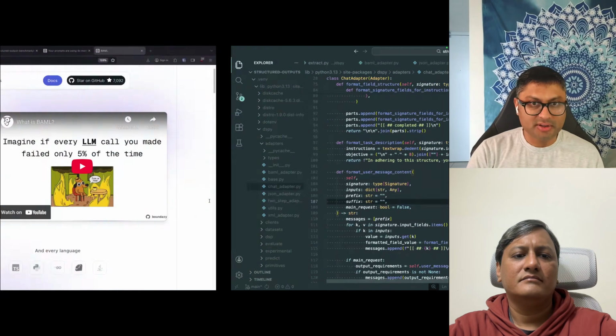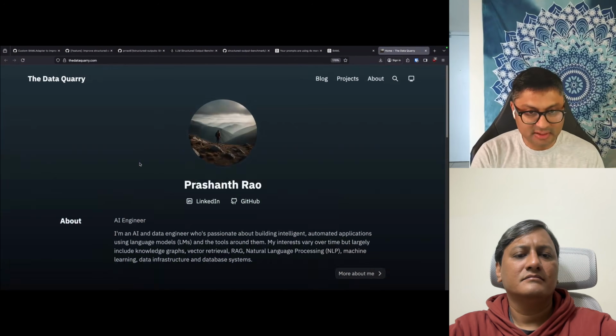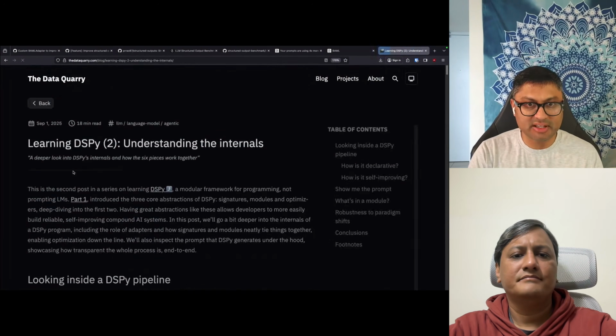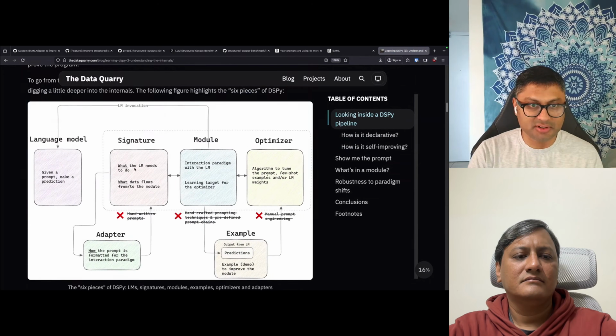If you're interested in learning more about this, I've written about this at length in my blog, specifically in part two, where I have this diagram where I talk about the different pieces of DSPy. You have the concept of signatures that depend on adapters, and the module is what uses the signature and the user instructions from the signature, which calls the LLM and gets the output for prediction, which is used for evaluations